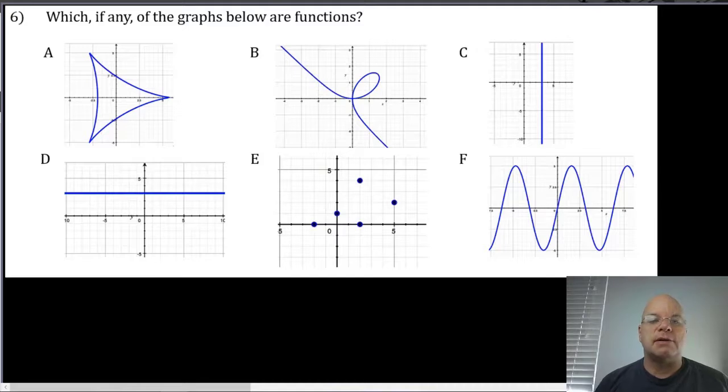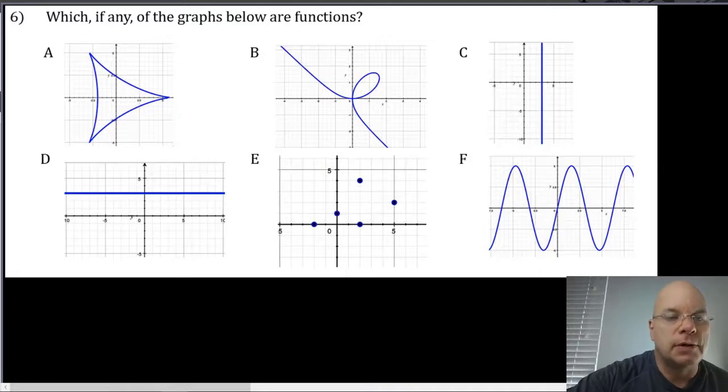Okay, which, if any, of the graphs below are functions? So we can just do a vertical line test. We know that for every member of the domain there must be one and only one. Every member of the domain must be paired with one and only one member of the range. So if I pick any domain value, any x value,